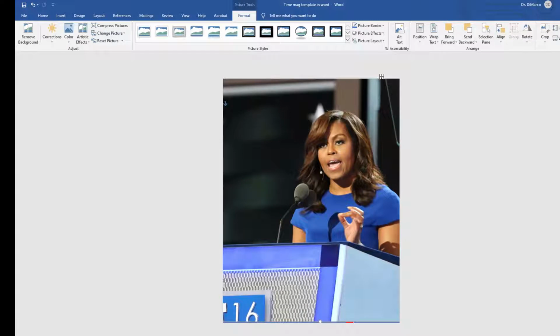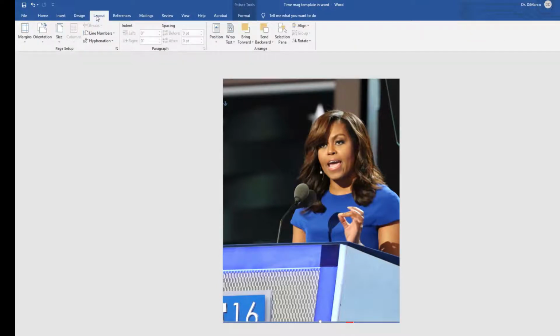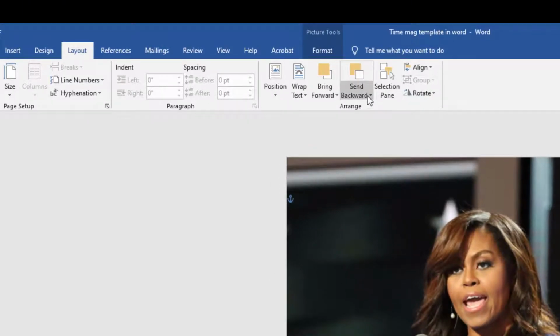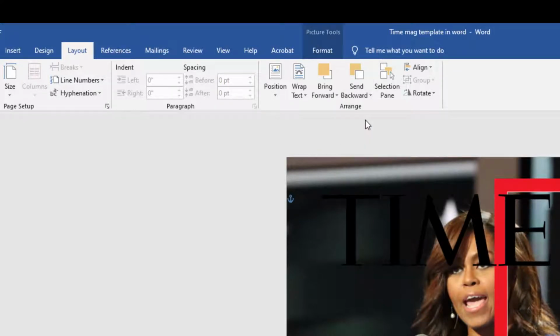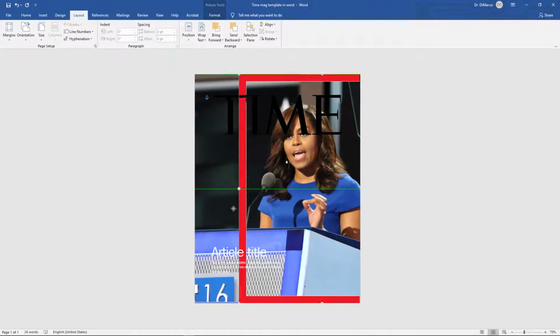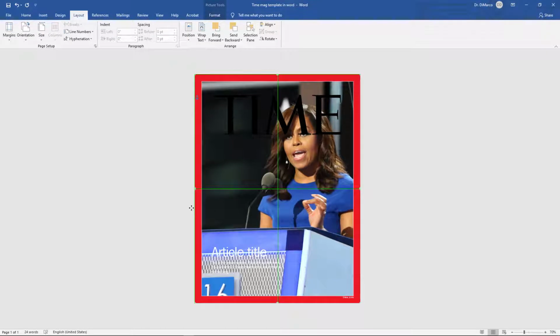So we're going to click on, and we're going to be able to go up to the menu at the top, and we're going to be able to go to Layout, and we're going to go to Send Backward. And we notice nothing happened there. So let's try Send to Back. And when we do that, we see how it goes back. We move this over. And now